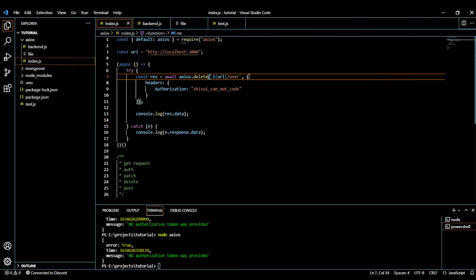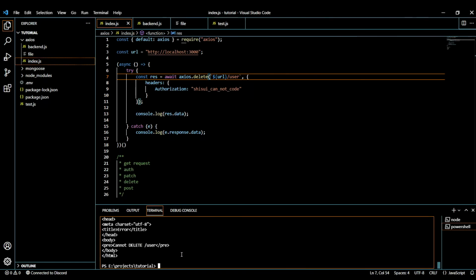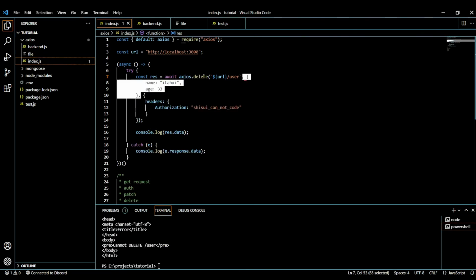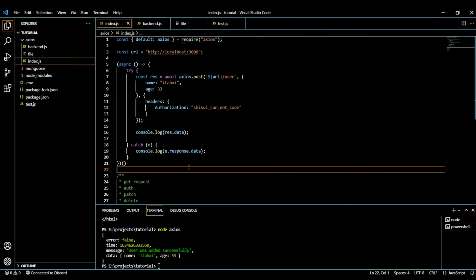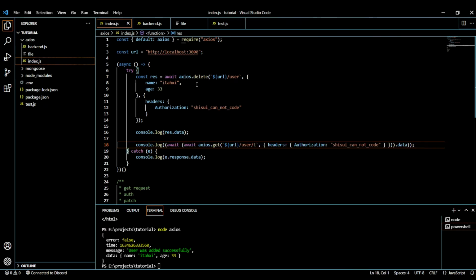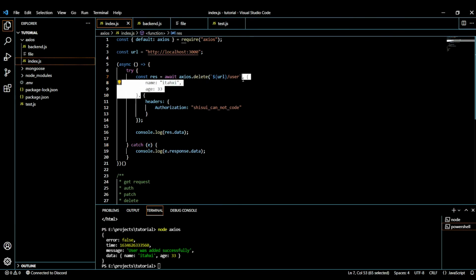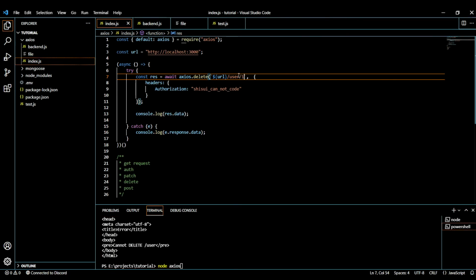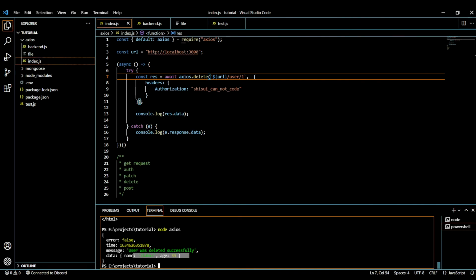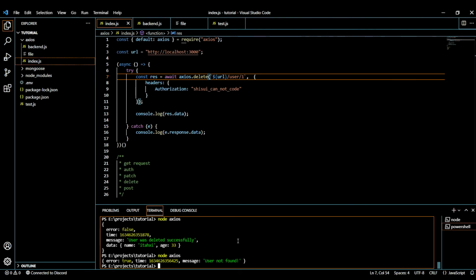So let's just go. In the delete request, we don't have to provide the body, of course. And dude, I'm so stupid, I forgot to add slash user slash the index, but I will do this real quick. Slash user. I'm again posting the data, but can't help that stupidity struck hard. Anyway, let's just remove the body, and bam. Okay, I still didn't add the slash id. Okay, now it will work. Now you will see, bam, it said user was deleted successfully, and that's how we delete the user.